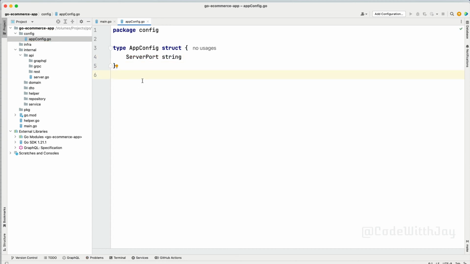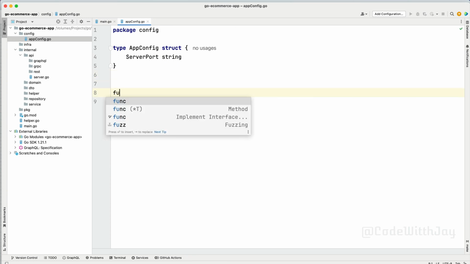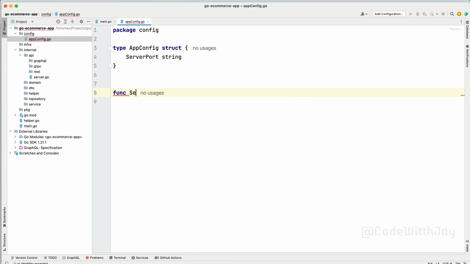All right, so what we are going to do here, let's try to add one function which is going to set up our environment variable for us, right? So it will potentially read the environment variable, and it will return a kind of app configuration file where we will get all the essential parameters from there, right? So let's try to do that. Let's say func SetupEnv,